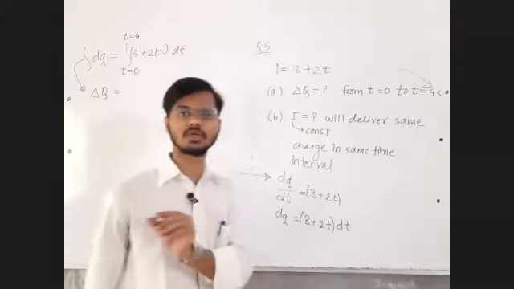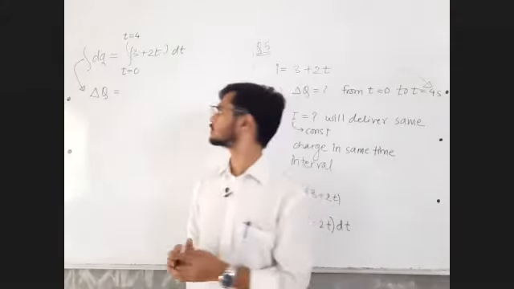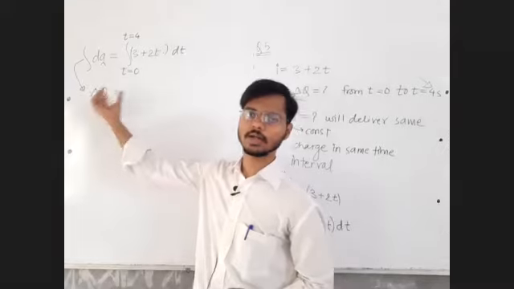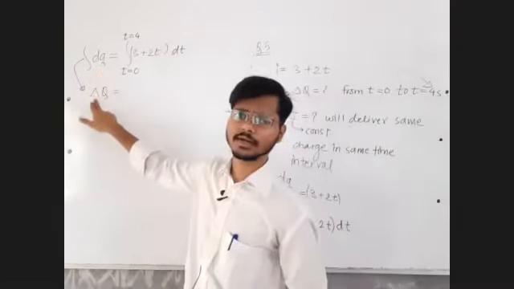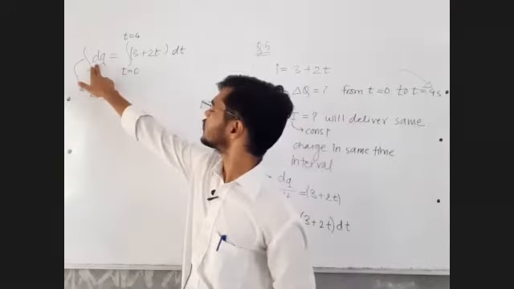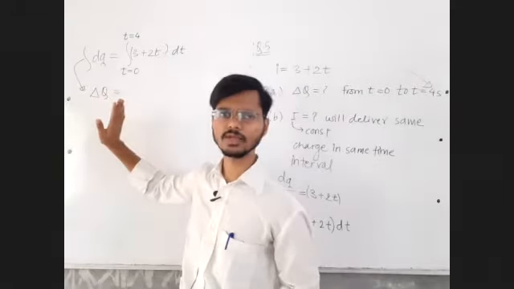dq after addition. I want to write it as delta q. Will that be okay? Everyone reply in the chat box. Will that be okay if I write it like this? Integration dq, delta q, total charge flown.